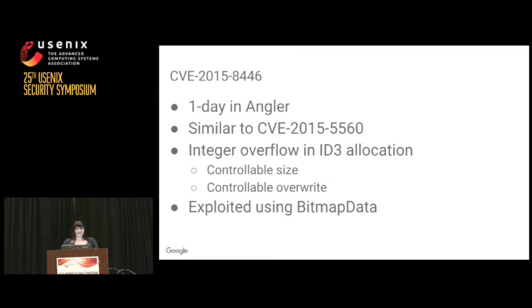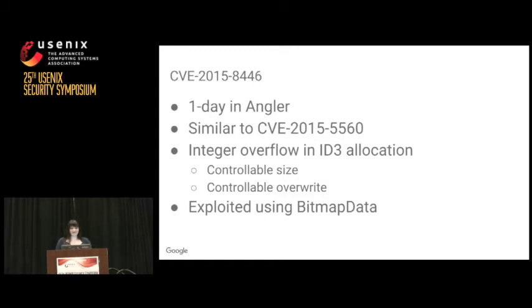So after this, the first exploitation we saw was a OneDay. And a OneDay is typically used by certain financially motivated attackers. They don't have 0 days, but as soon as Flash issues an update, they will create an exploit for it and then put that in the wild and then use it for stuff like ransomware. And usually these aren't especially interesting, but in this case, it was because it was the first time we saw